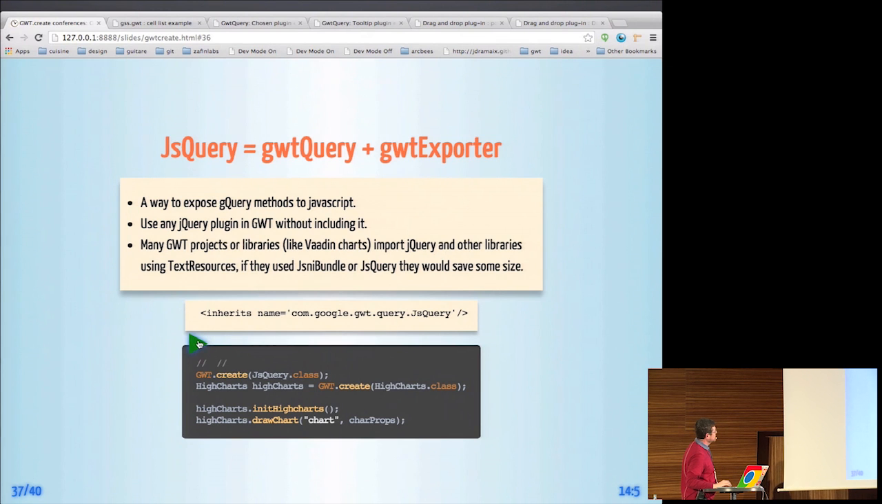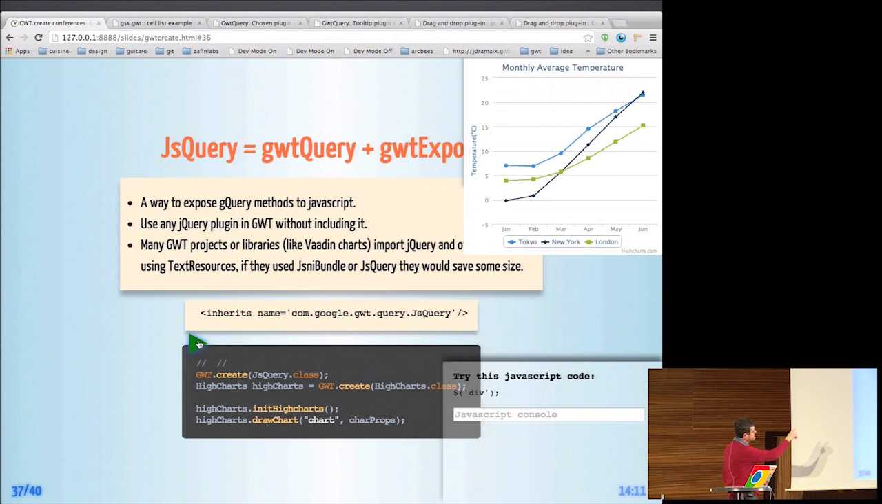So this is the same example as before, but in this example we have not imported jQuery, right? There are companies or products like Vaadin which import jQuery in their products in order to draw charts. With this approach, they can save maybe 80 kilobytes of JavaScript, because Highcharts only uses a few methods from jQuery. And I think